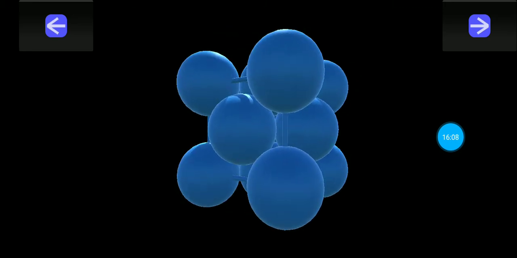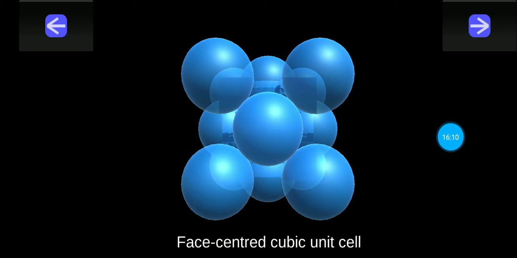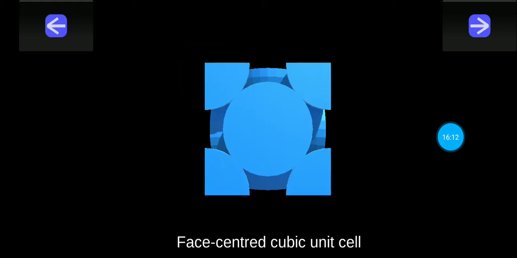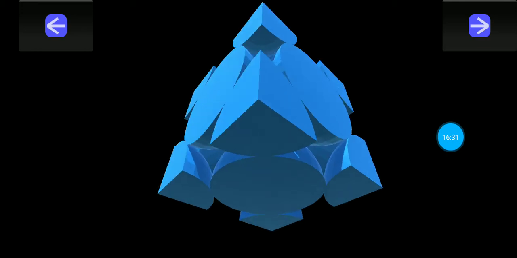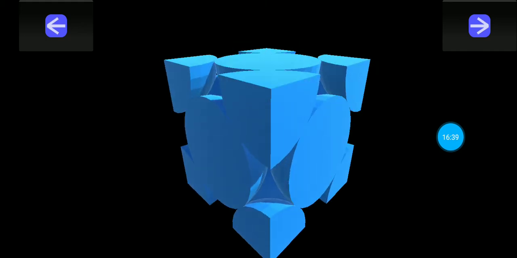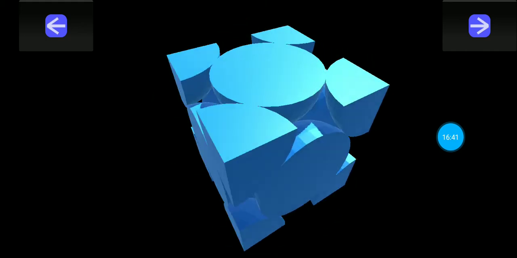Now let us see the unit cell of face centered cubic structure. So this is the face centered cubic unit cell structure. As I told you, the face atoms, half of each will be inside the unit cell, half of each will be outside the unit cell. Other than that, we have 1/8 parts at each corner, as you see in this diagram. The corners of the unit cell have 1/8 atom, each of these corners.